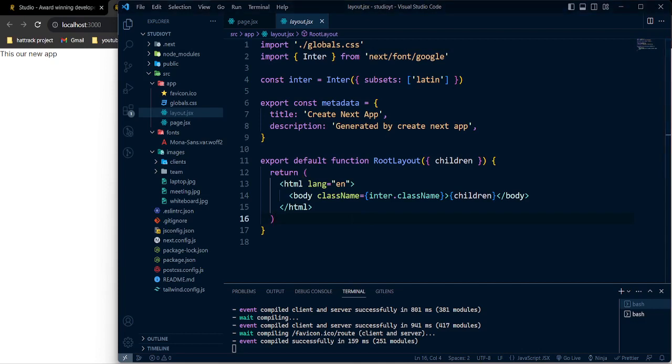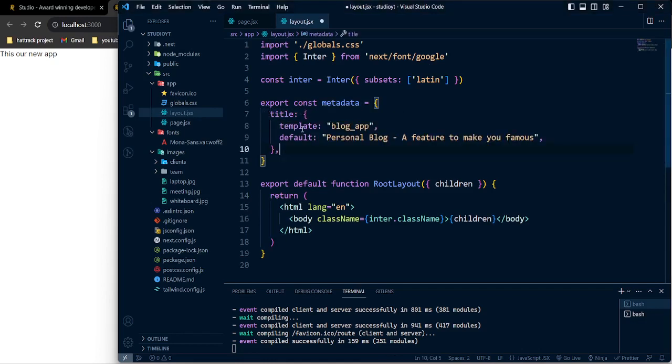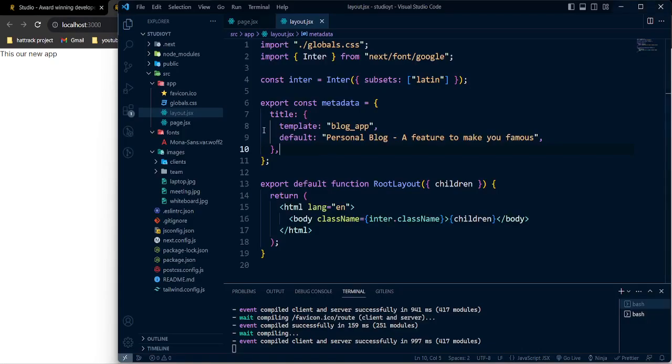So now instead of exporting that metadata with title and description, what I'm gonna do is pass my title wrapped as an object. I don't want to pass the description, I'm gonna pass the title, which will be the blog app, just to make that in a little bit good way. As you see, that's our application. So now